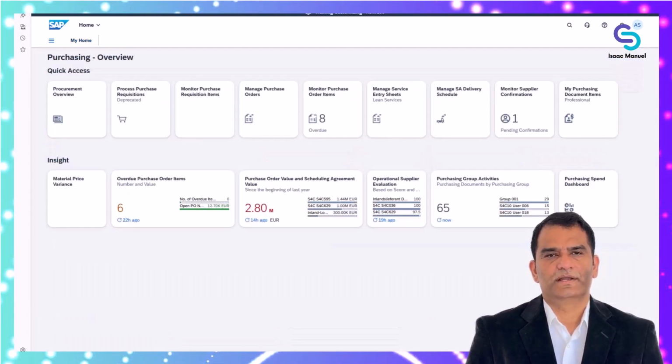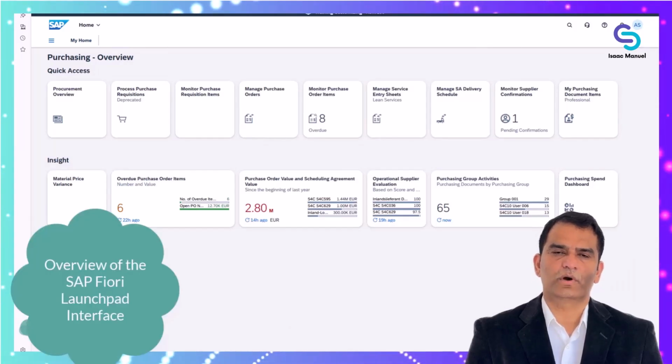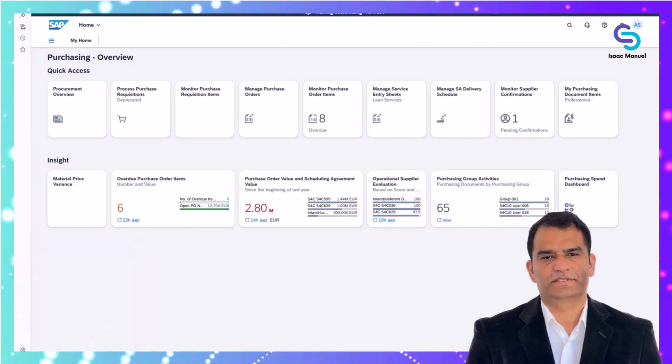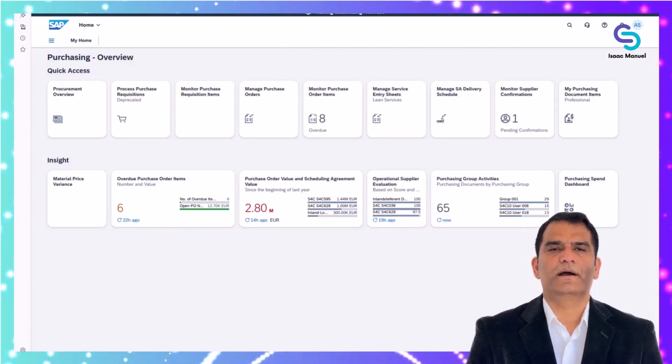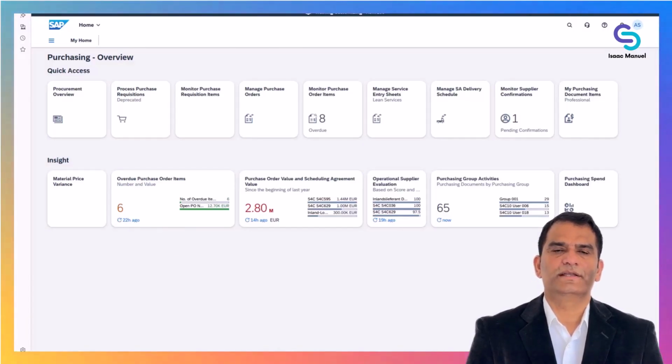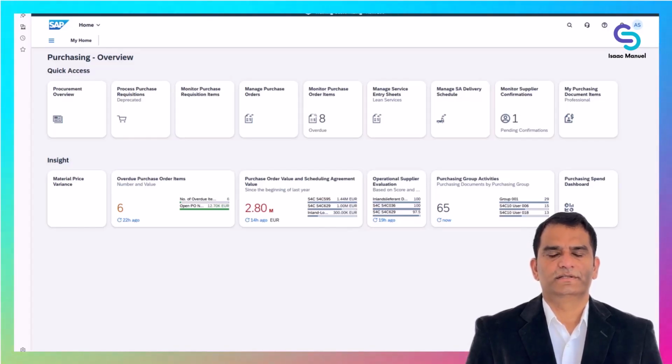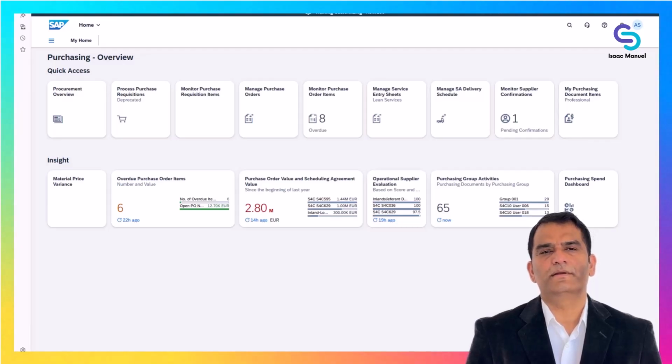SAP Fiori Launchpad is the central homepage for all SAP Fiori apps, and it runs in a web browser or SAP's mobile app and provides a coherent experience across desktop, tablet, and phone. The Launchpad acts as a shell that hosts multiple business applications, giving them common services like navigation and personalization. In practice, this means once you're in the Launchpad, you can seamlessly move between different apps without feeling like you've